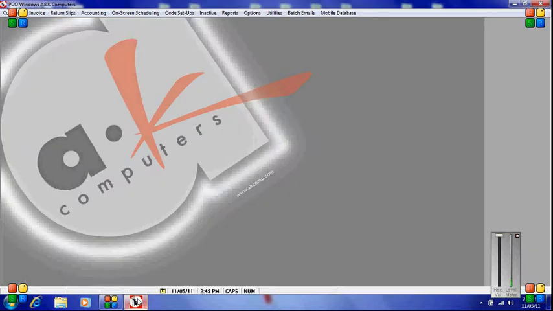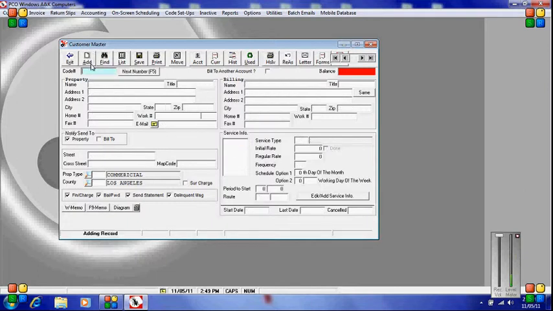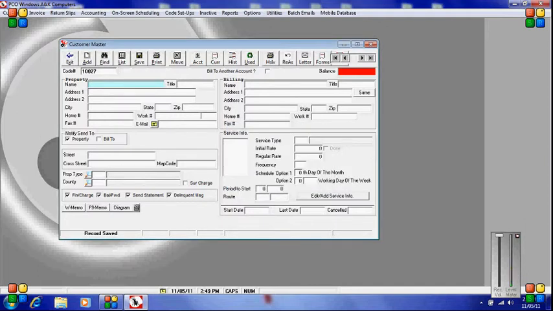After logging into our pest control program, you simply go to Customer and Customer Information, which will access the Customer Master screen. To add customers, you simply click on Add, and you have your choice of assigning a code number or account number, or if you select Next Number, it'll automatically assign that account number for you. You simply enter the customer information,